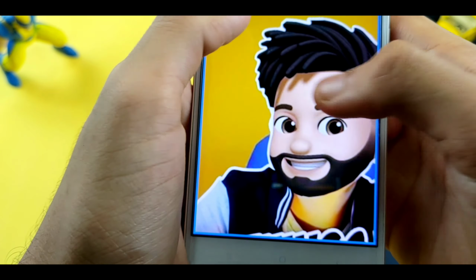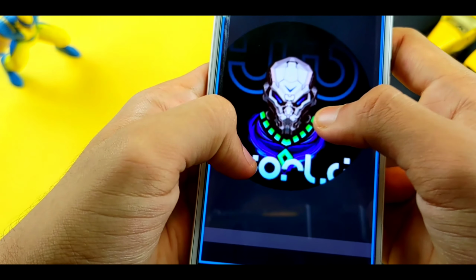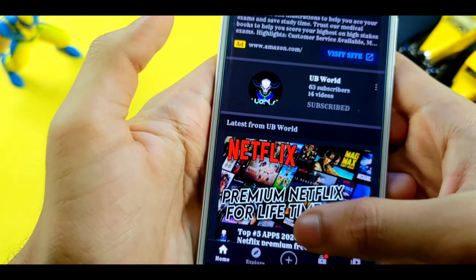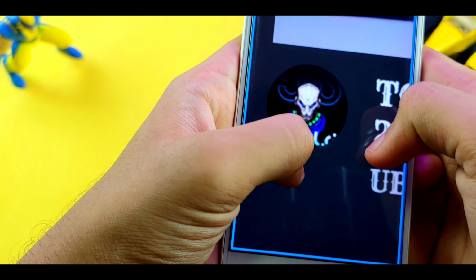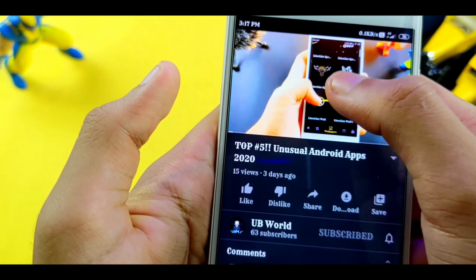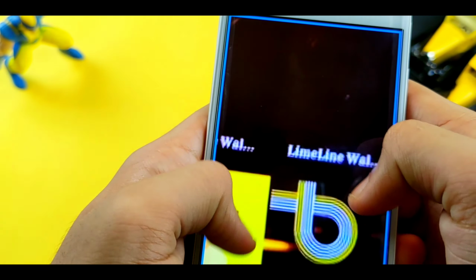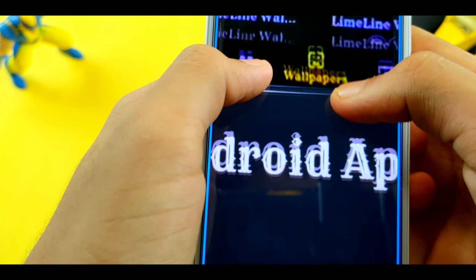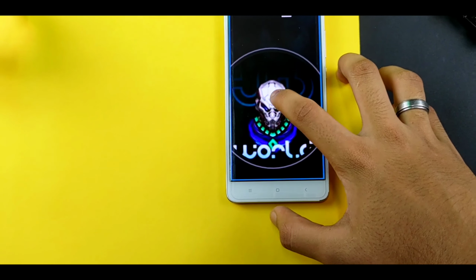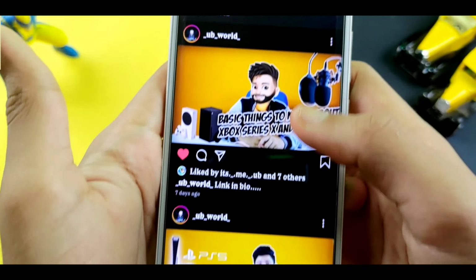Yes, you can just zoom in and see the logo or video channel logo in a very clear way, so that you will get the idea of how it has been made. You can access it in each and every other application. There is no restriction for it, and this is just an example. There is no restriction even while you are watching a video. And yes, you can even see the profile picture on Instagram, which is mostly used by us.